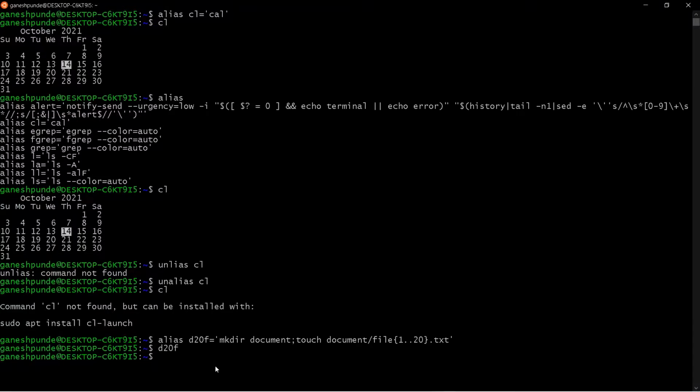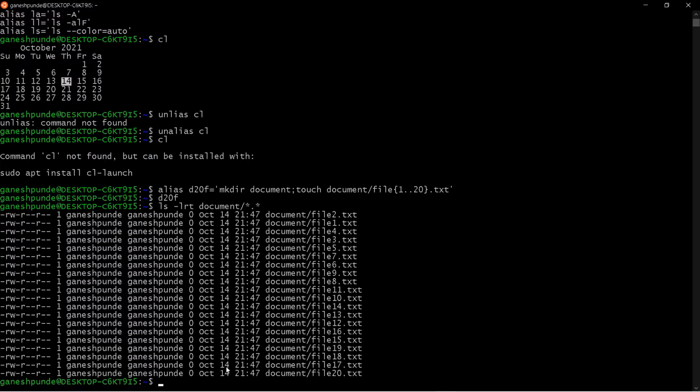If I want to verify that, how can I verify? ls -lrt document/*, meaning under document I can list all the files. So you can see file1 to file20 has been created under the document directory.